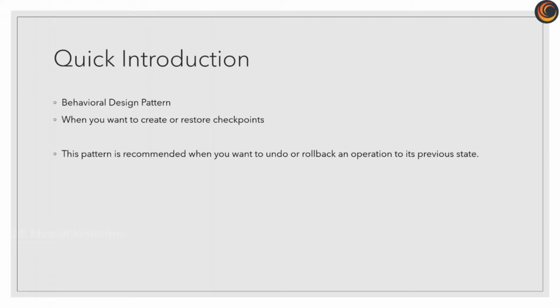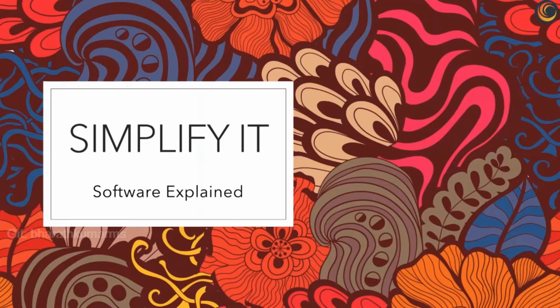an iteration. In other words, the object's internal state is captured and externalized so that it can be restored to that point later. It is like the undo or redo operation done in a Word document. Every time the document is saved, it creates a checkpoint and the user can restore to it at any time. Now let's implement a sample code to understand it further.